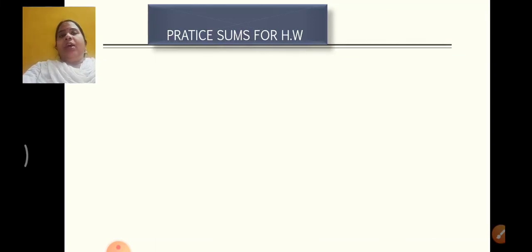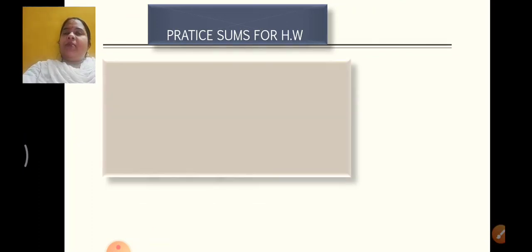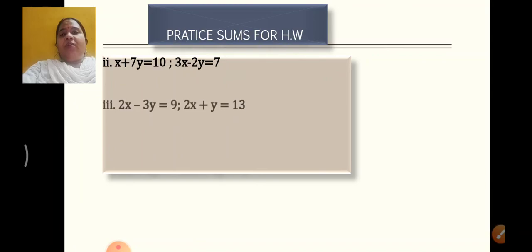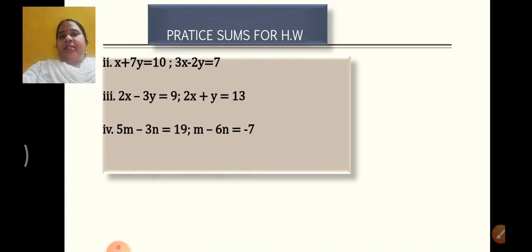Please do it and try to see how much you have understood in today's session. Practice set sums are the sums which I have not covered from the exercise. Yes, these are your practice sums. Okay, so I want you to do all these sums and be ready with it in the next session.